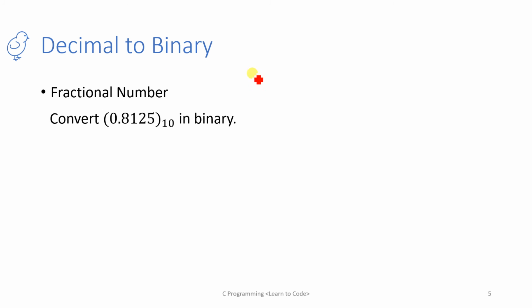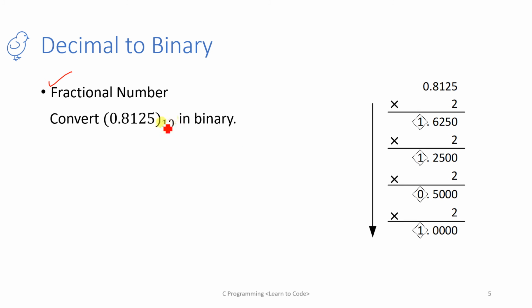Now what's left? Now the left part is your fractional number. Suppose a fractional number is given in decimal, how to convert it into binary, that I want to see. So this is very simple one. Whenever any decimal number with fraction is given to you, you just start multiplying it with 2. Okay, so this is given 0.8125, then you have to multiply it with 2.